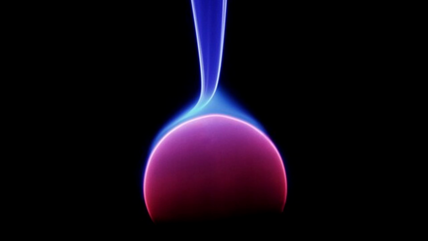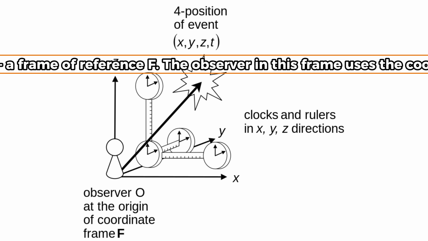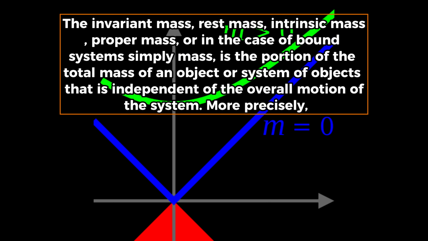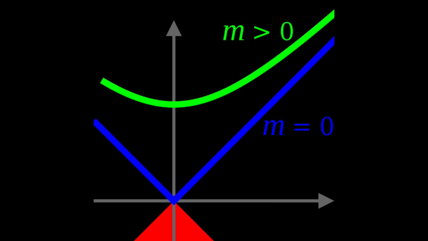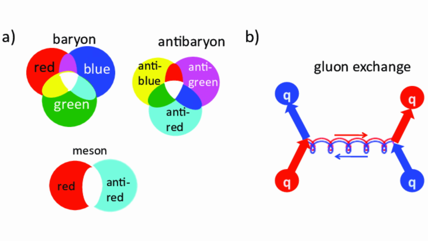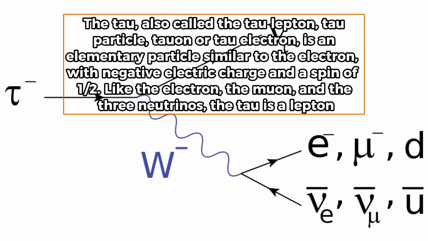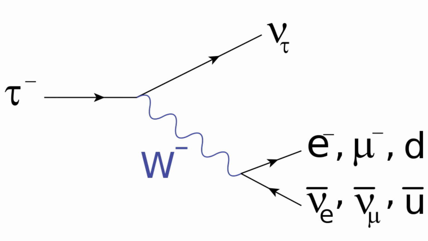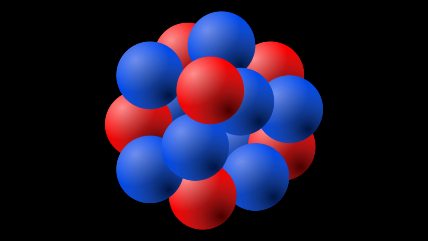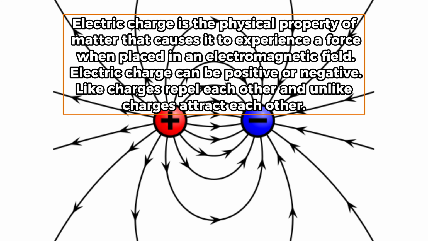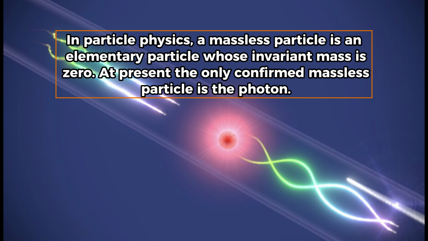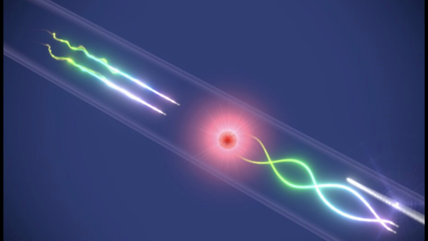If a particle has a frame of reference in which it lies at rest, then it has a positive rest mass and is referred to as massive. All composite particles are massive. Baryons tend to have greater mass than mesons, which in turn tend to be heavier than leptons. But the heaviest lepton, the tau particle, is heavier than the two lightest flavors of baryons. It is also certain that any particle with an electric charge is massive. All massless particles are elementary. These include the photon and gluon, although the latter cannot be isolated.